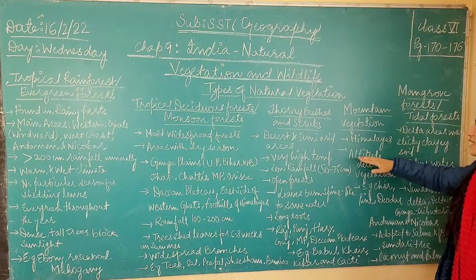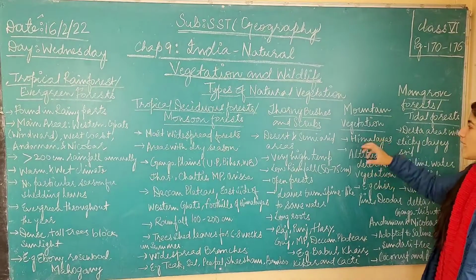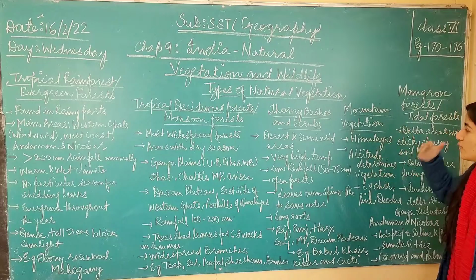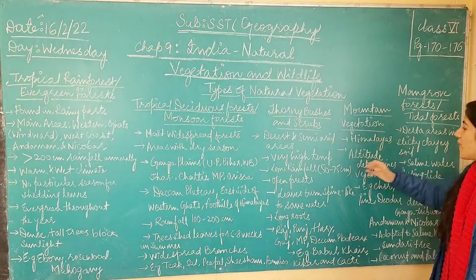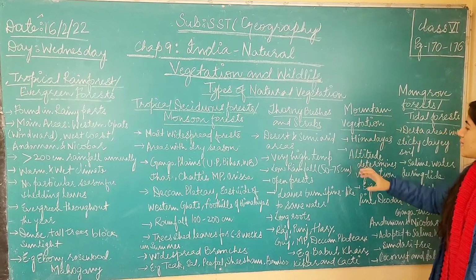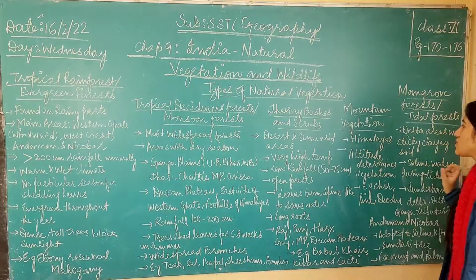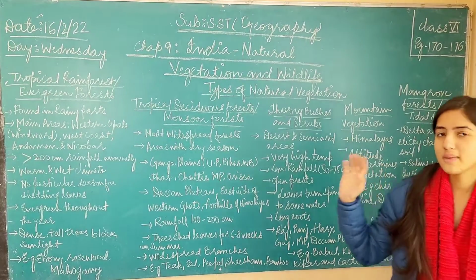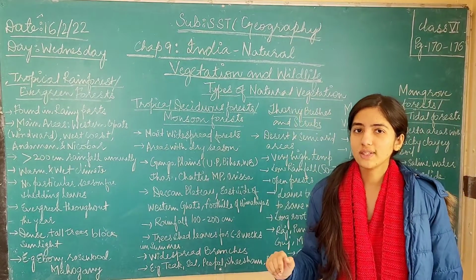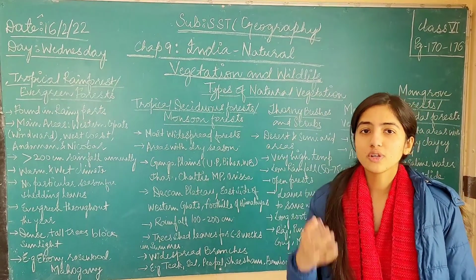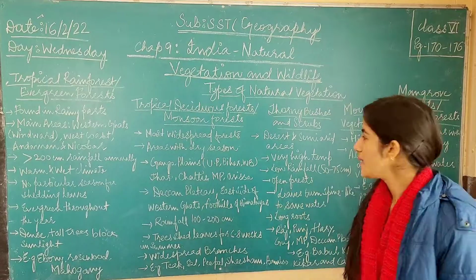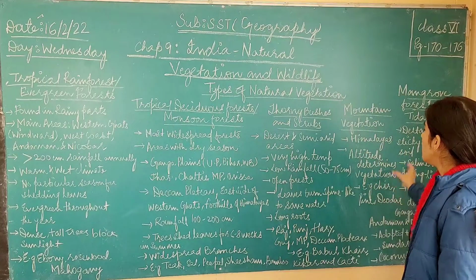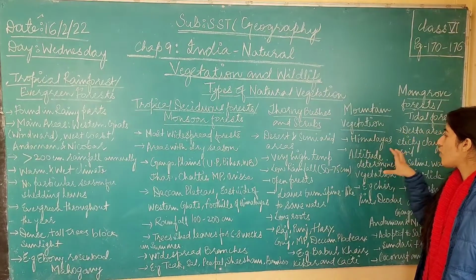So height is a very great factor in determining what types of leaves, wood and roots these plants will have, because these plants adapt to the conditions of the mountain areas. Sometimes there are very low levels of oxygen at the top of the mountain, but as we move down, the oxygen levels increase. So these plants adapt to the oxygen content in the air.